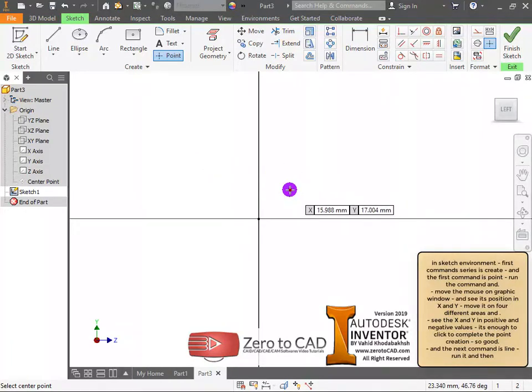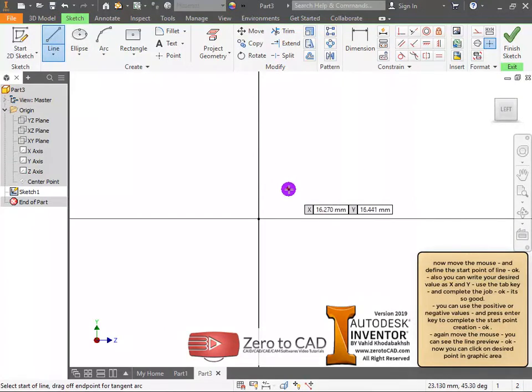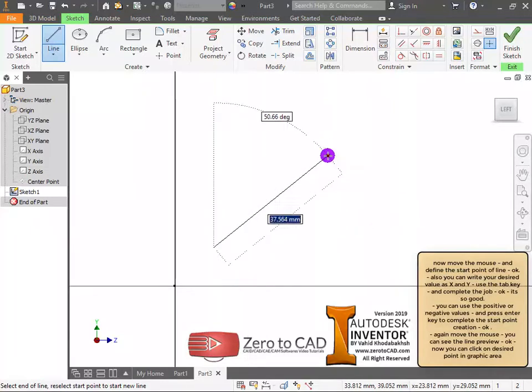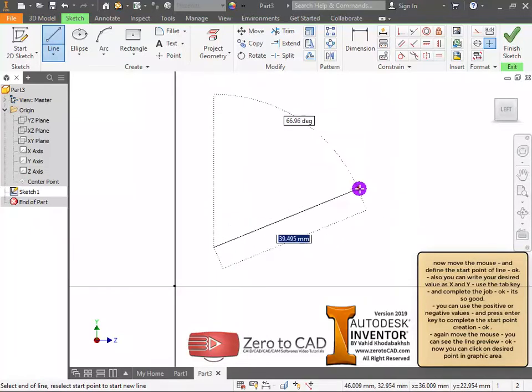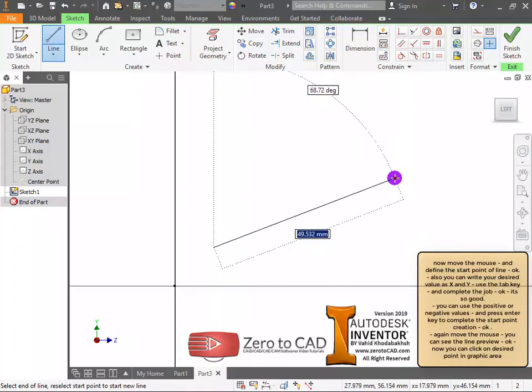So good. And the next command is Line. Run it and then move the mouse, and define the start point of the line. Also you can write your desired value as X and Y, use the Tab key, and complete the job. It's so good. You can use positive or negative values, and press the Enter key to complete the start